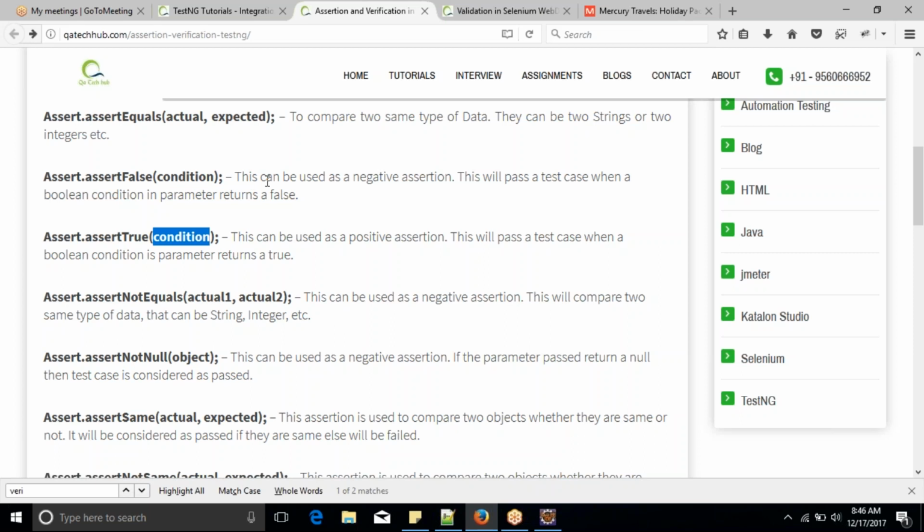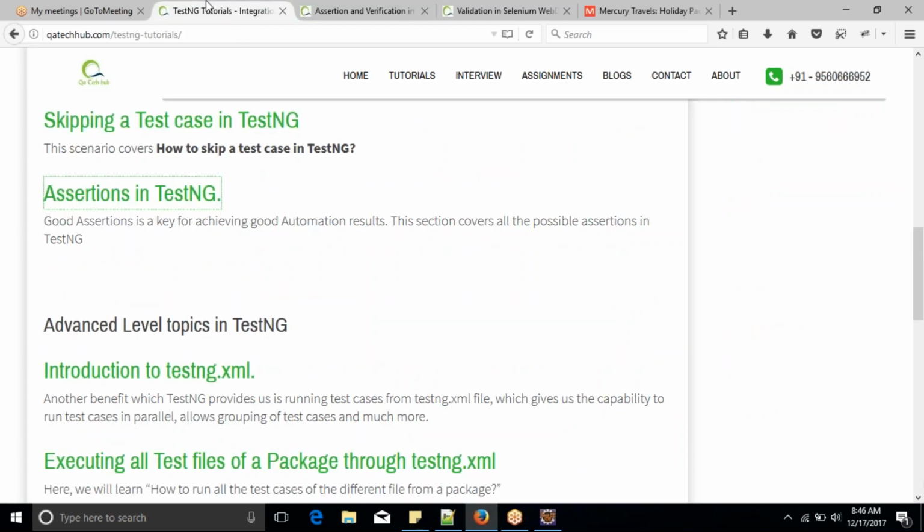Okay, so moving ahead with the next method, just give me a second. Yeah, so moving on with the next method, next topic was